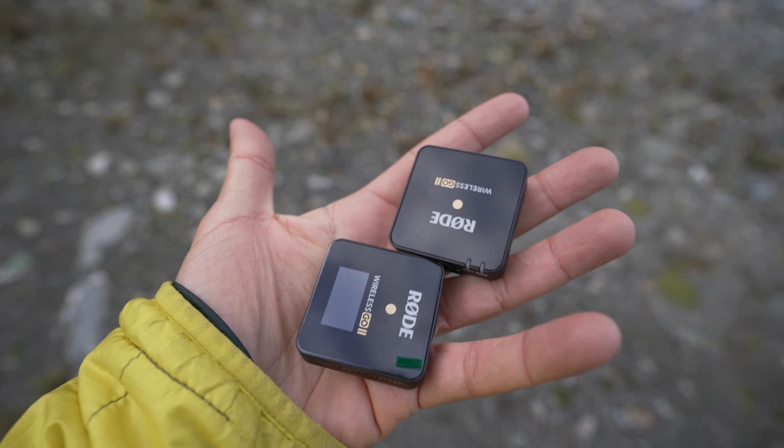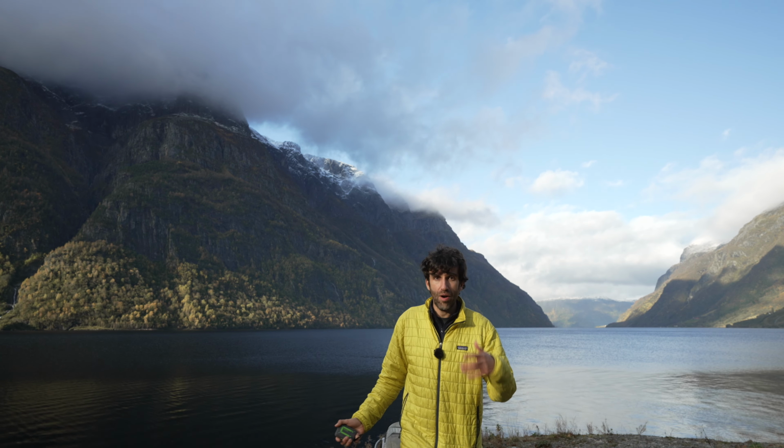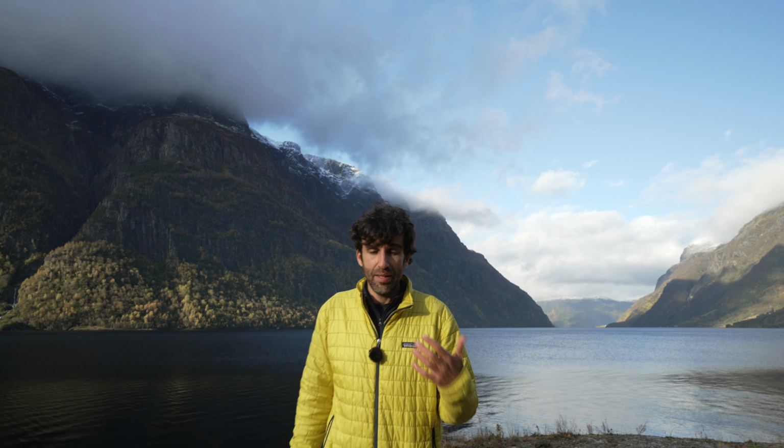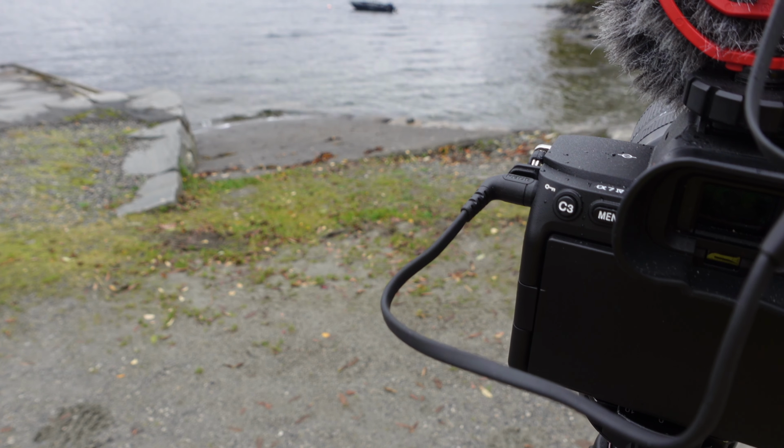I have a receiver on top of the camera and a transmitter that I have with me, so I can talk to the lavalier mic here, and I can just move around, and no matter how far or how close I am to the camera, the sound, the volume of my voice should stay the same. I have both of them connected at the same time right now, the Video Micro and the